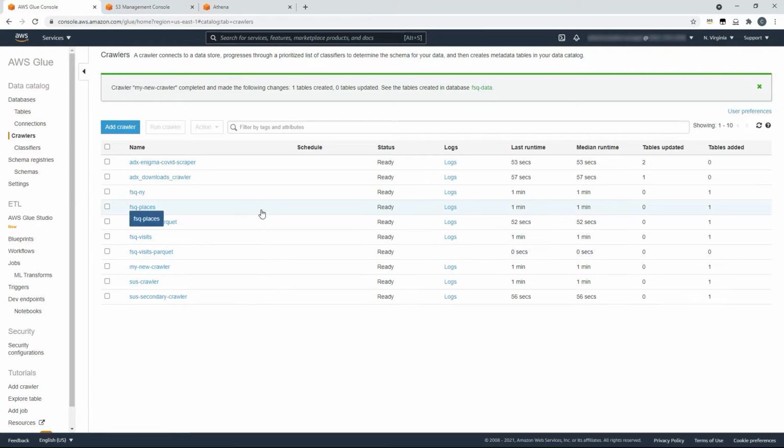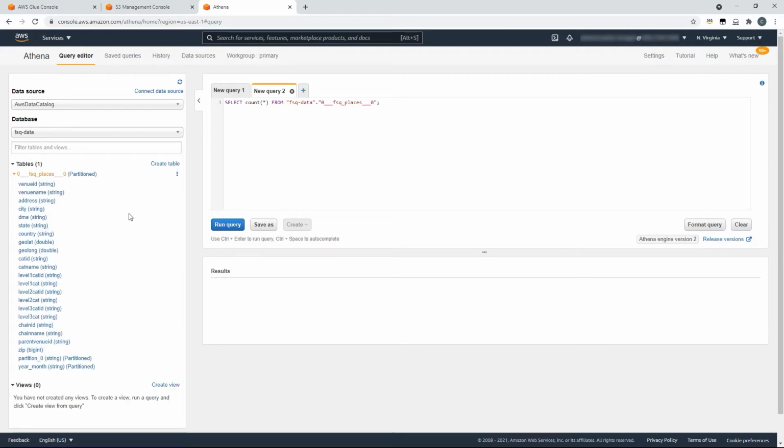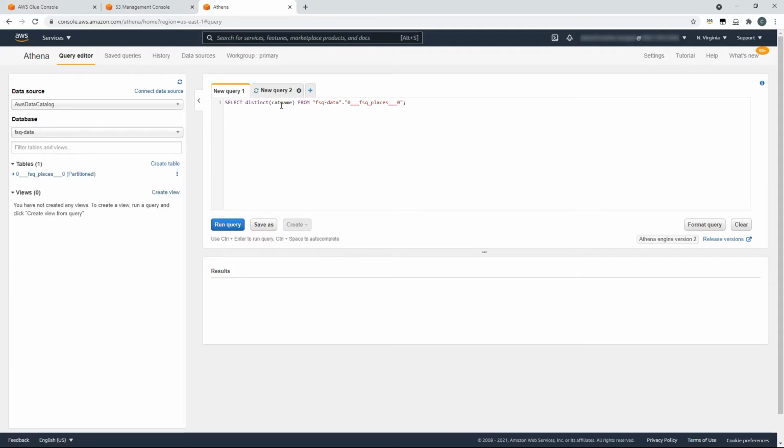Now the crawler's run, we have our metadata catalog, and we're able to query that data using services like Amazon Athena. And here you can see our data catalog, you can see the database that we created, you can see the table, and you can see the underlying schema of that table. I've prepared a couple of queries here as an example. This one to count the number of records within the table, and we'll just kick that off. And a second query here to extract all of the distinct category names from this data, and we'll run that query too.